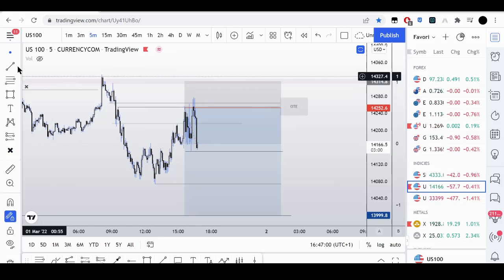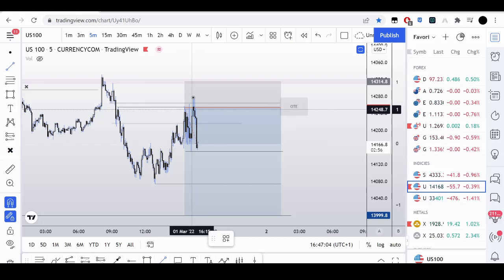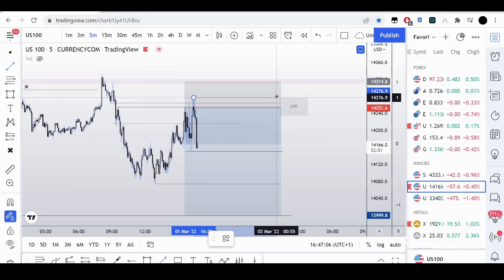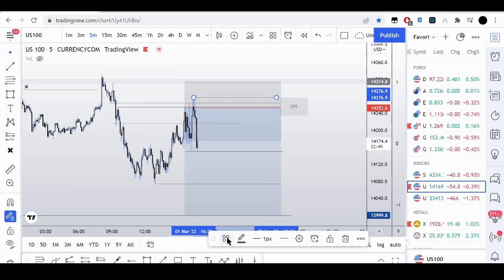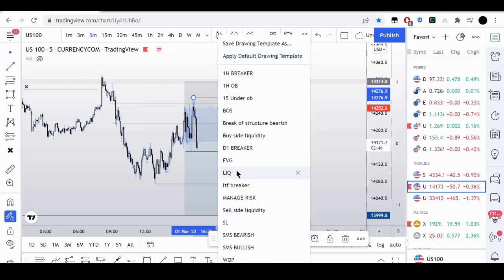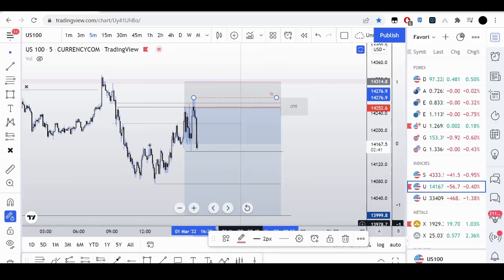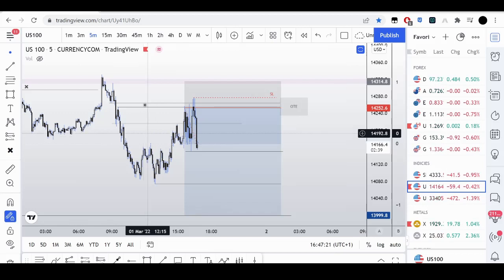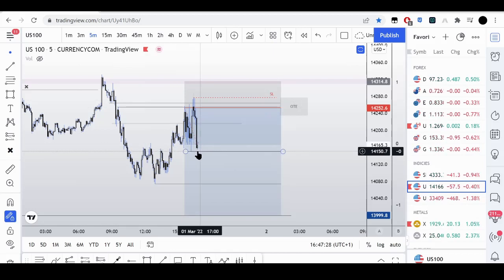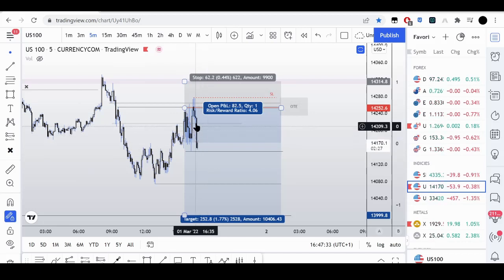So let's go ahead and annotate that. Right above this high. I don't like moving my position tools, so I can keep my risk reward the same. Stop loss. All right. So we work this fair value gap. I don't expect us to go above this high now. I do want to see us attack this low. And even if we don't attack this low, I still don't want to see us get above this high. So just work this fair value gap and then continue down. Hopefully we can leave this whole fair value gap.